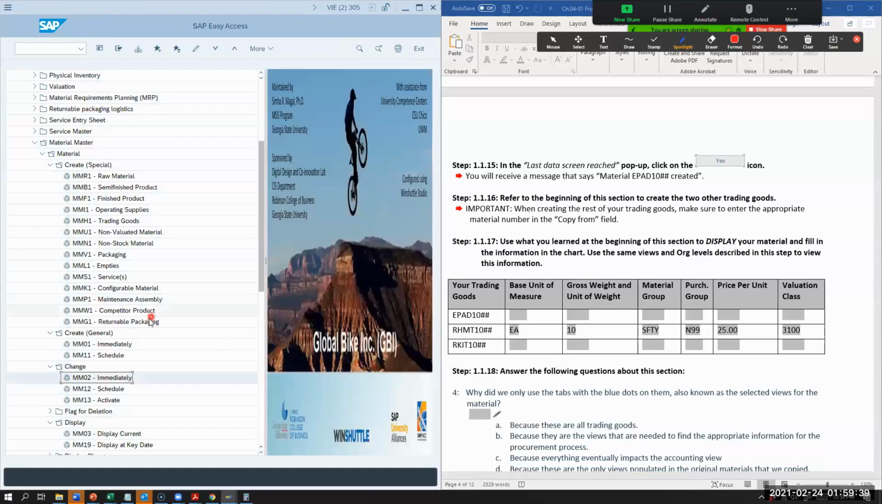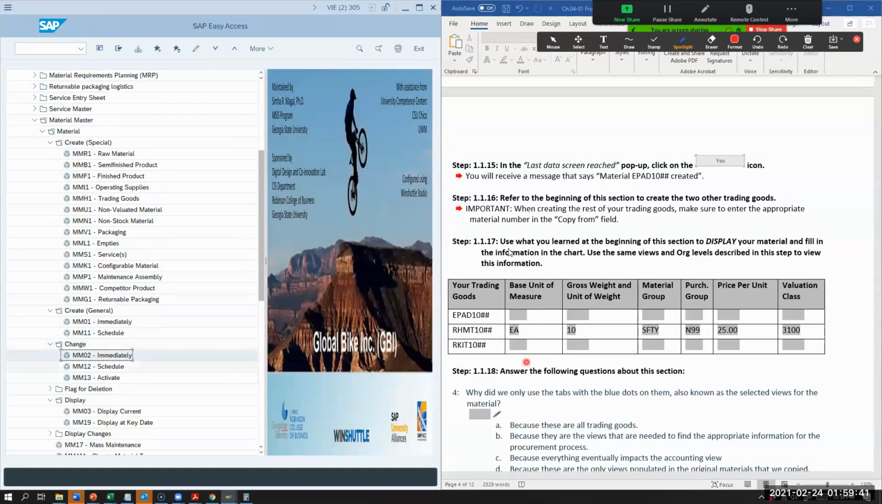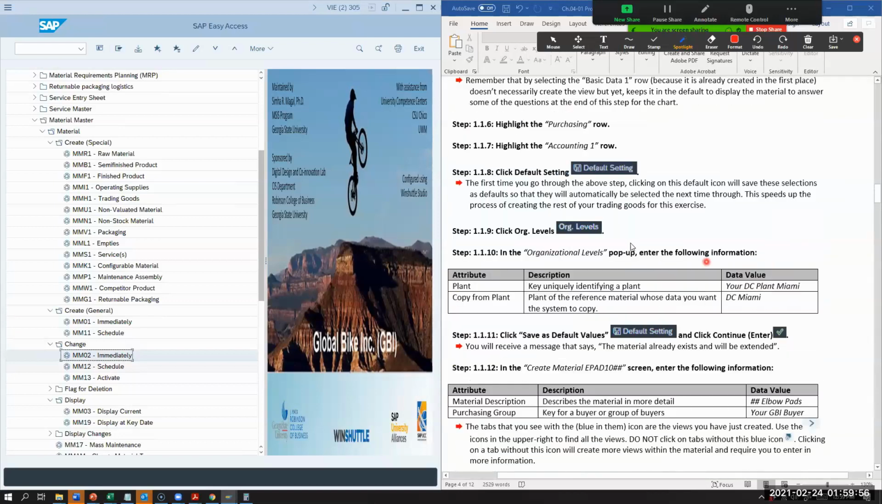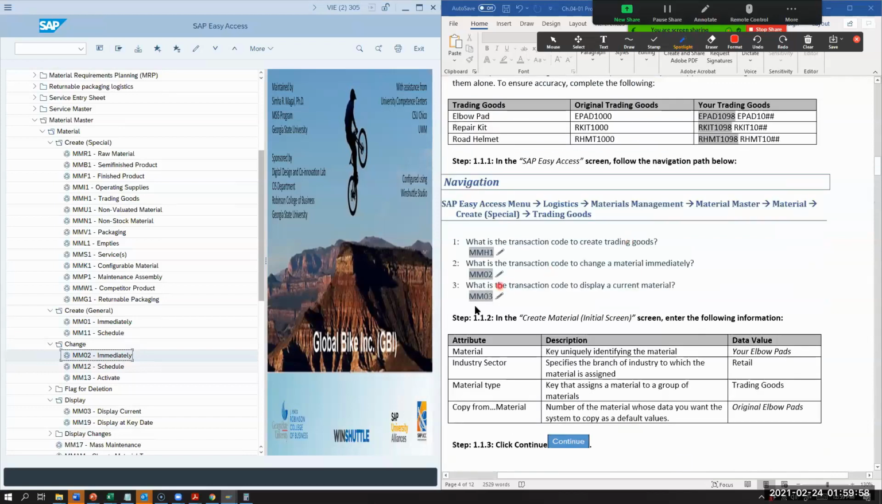So let's go and display. So now it's saying, use what you learned at the beginning of this section to display your materials and fill in the information in this chart. Use the same views and organizational levels described in this step to view the information. So what was our transaction code that we used to display a material? MMO3. So at the top where you have your command bar, I want you to put in